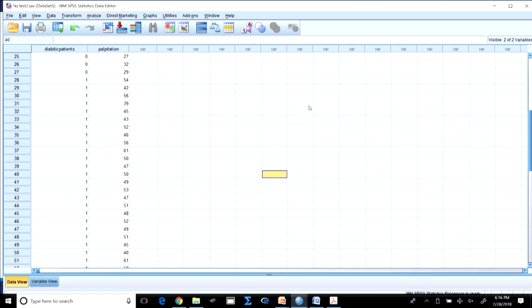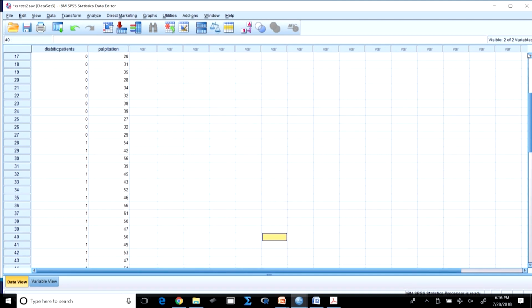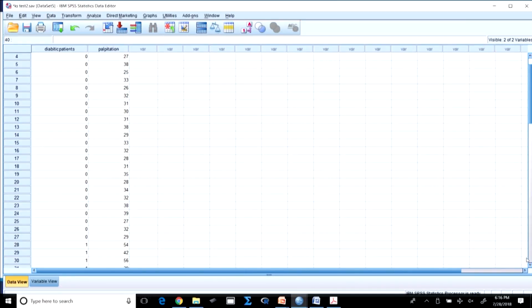So, in SPSS you will see this case where we have taken a few diabetic patients in two groups. One is 0, who are in some control, and the other is 1, who are in no control. So, they are eating whatever they like, they do whatever they like, so they are free, and the control group is under medication, doing some exercise and everything.